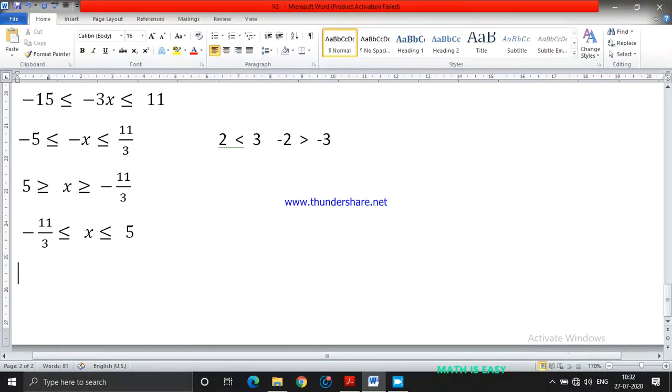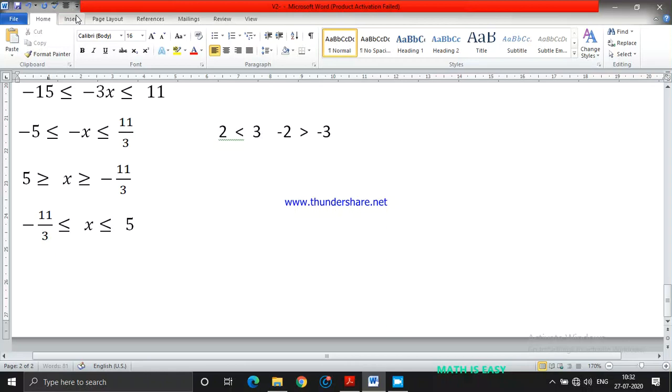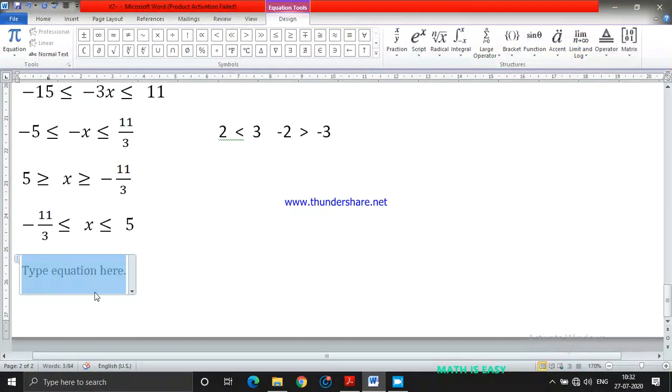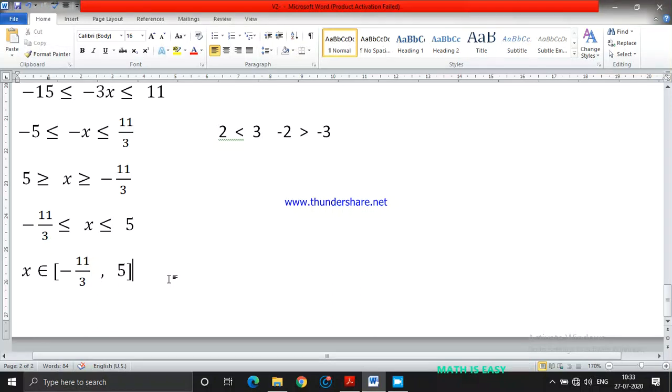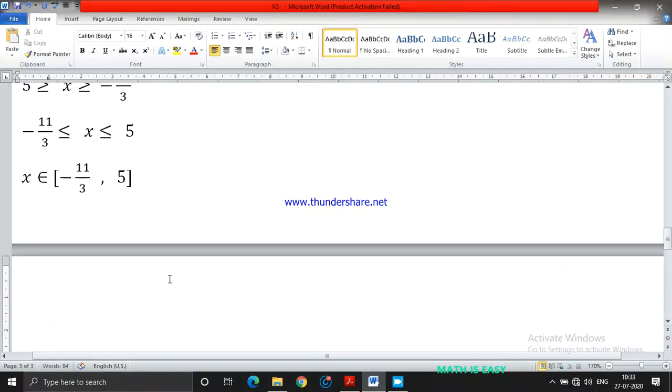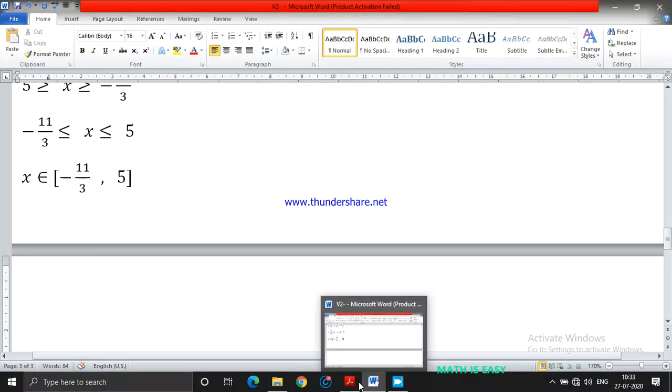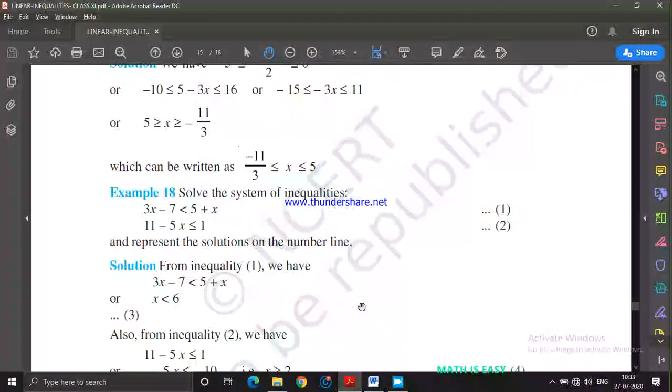If you want to represent in the interval form, then you can represent as x belongs to, then you have both closed interval, both the sides you have minus 11 by 3 comma 5. Why closed interval? Because equality sign is there everywhere, so closed interval comes. I hope this question is clear for you. Okay, so like this you can,